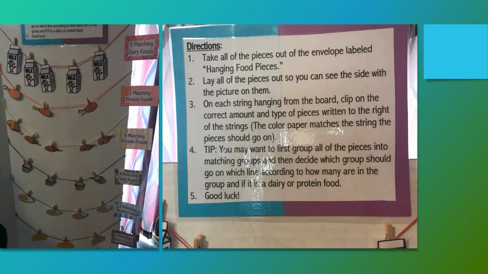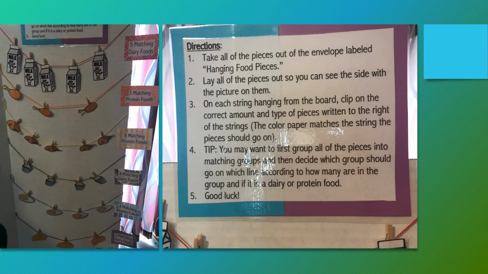The activity located on the top right corner of the bulletin board corresponds with day 3 that goes over protein and dairy foods. In this activity, the students will take all of the pieces out of the envelope labeled hanging food pieces. And what they have to do is put the pieces into matching groups, and then